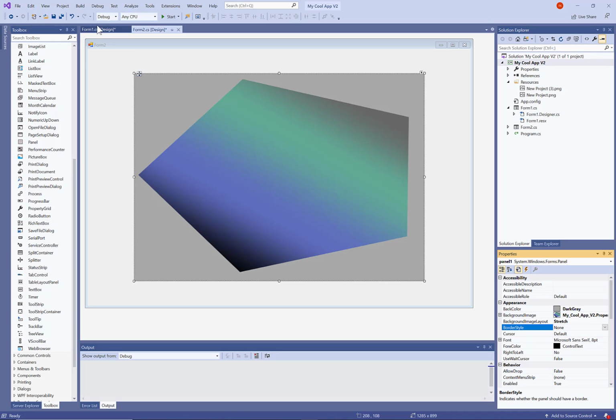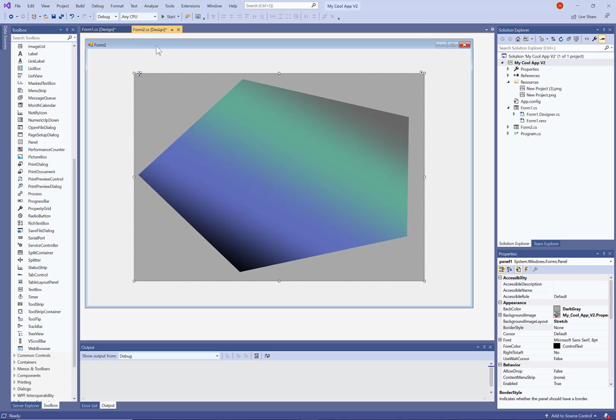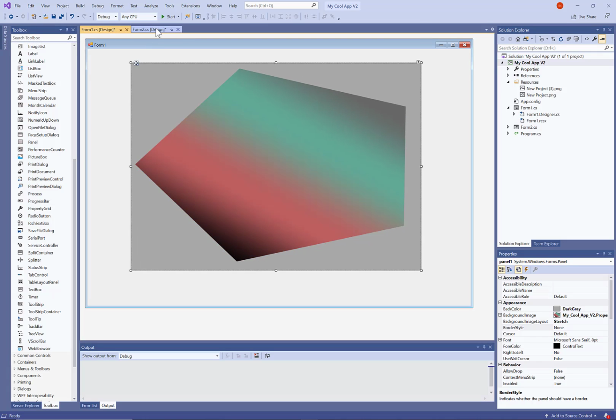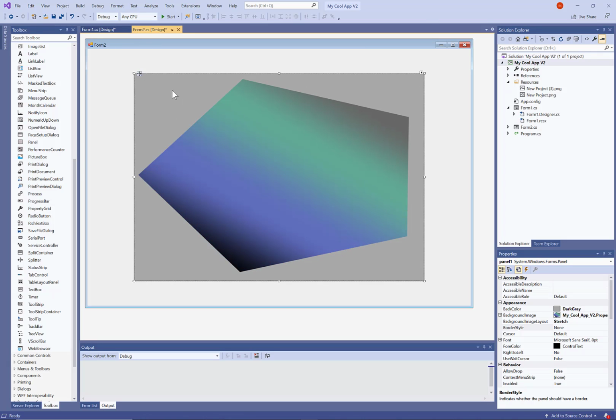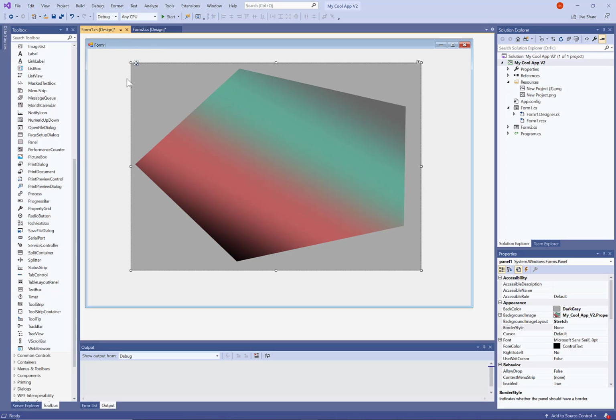So now Form 1 and Form 2 have different colors, okay? But I've got slightly different locations. The panel is in a different location on Form 1 and Form 2. So don't worry about it. I'm happy with that. Or if you want to make sure that it's in the exact location, what you can do,